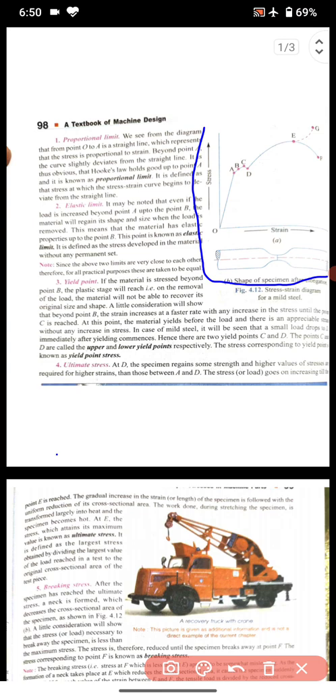That is stress strain curve starting from point O, and from point O to A, then A to B, then B to C, and C to D, D to E, E to F, and E to G also. Okay,